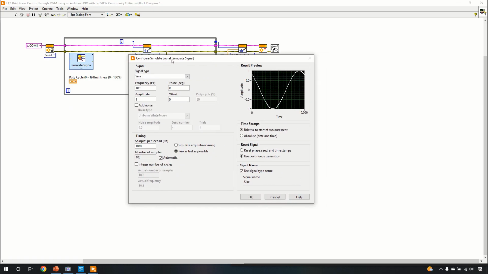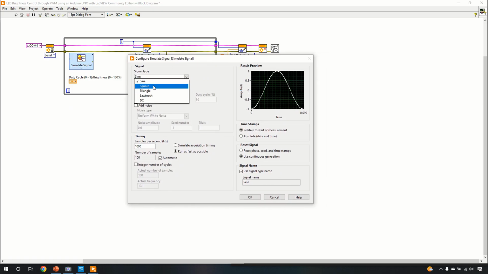Now for this simulate signal block, we can have here a sine wave, a square wave, a triangular wave, a sawtooth wave, or simply a DC signal type. Now, first of all, we'll start with a sine wave. For the amplitude, we'll choose 0.5, and for the offset, we'll also choose 0.5. And as you can see, now the value changes between 0 and 1, and this is what we need for